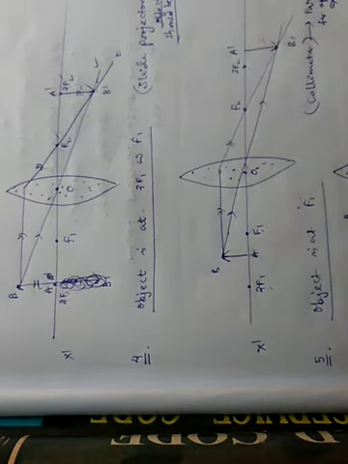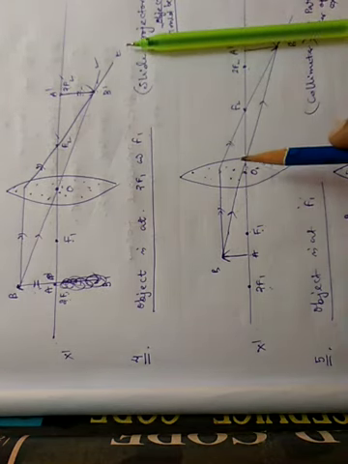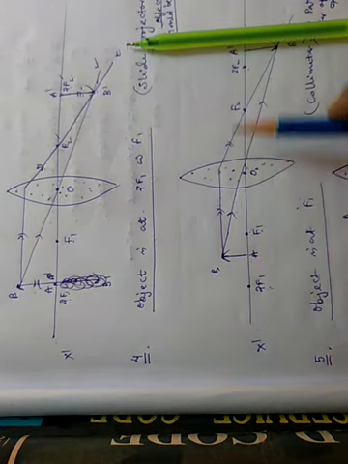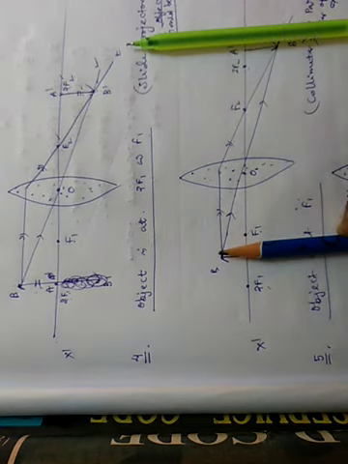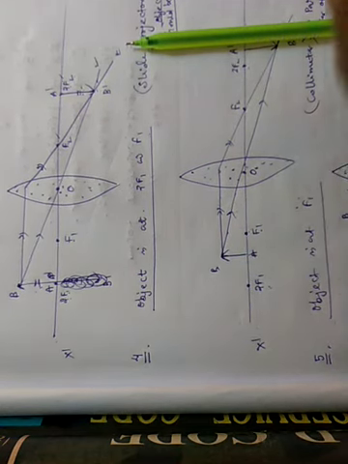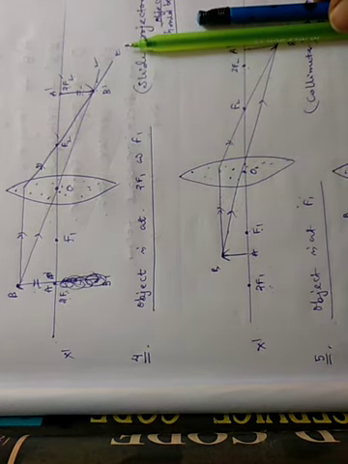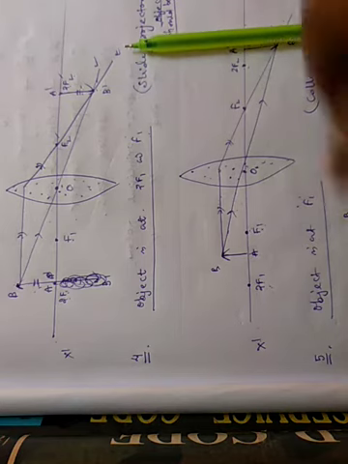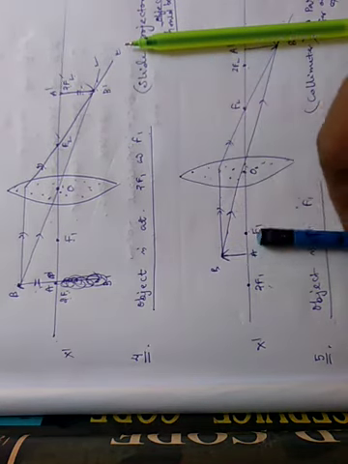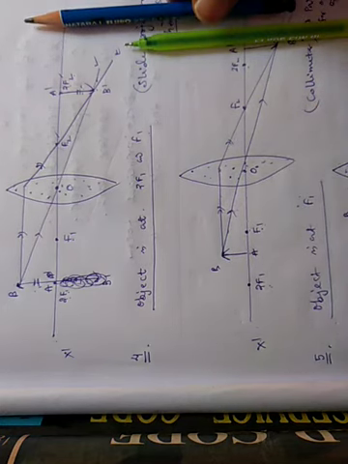In a slide projector, you have the screen here and your lens is here. The lens and screen should be very far away from each other, and you should keep the object here. Then you see that your image will be like this. But in a slide projector you would get an inverted image, and it would be a horrible situation while you show your slides. So what will happen? Here we should keep the object inverted, then the image will obviously be erect. So no problem for the audience.